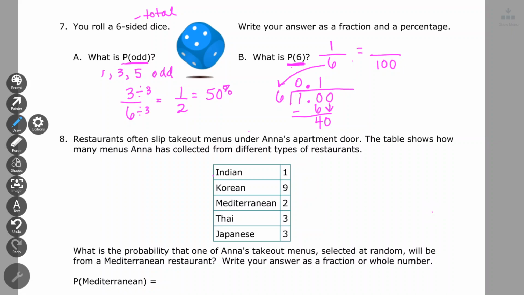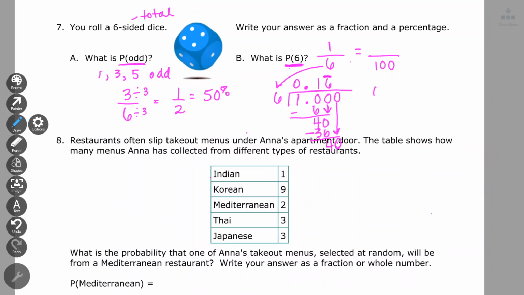a 0, and now 6 goes into 40. 6 goes into 40 6 times. 6 times 6 is 36. Look what's happening. When we subtract, we're going to still get a 4. Okay, so we know that it's going to keep being 40. Okay, when we bring this decimal down, it's going to keep being 40. So that 6 is repeating. Remember, we put a line over it if it is repeating. So now the decimal is 0.16. Now that's going to keep going, right? So we've got to move the decimal 2 places to the right to get a percent, and that 6 is going to keep going. So this as a percent would be